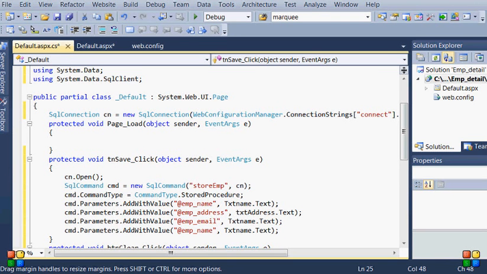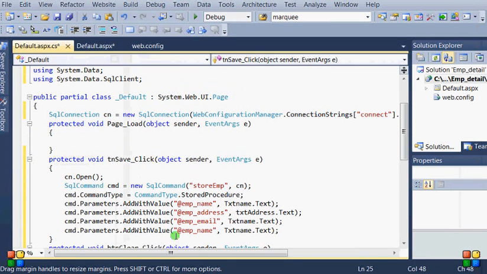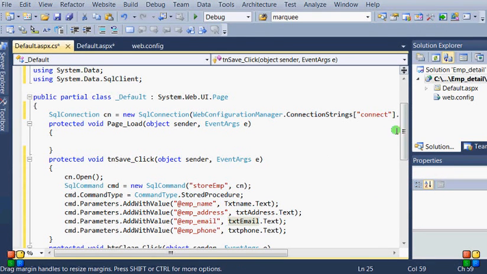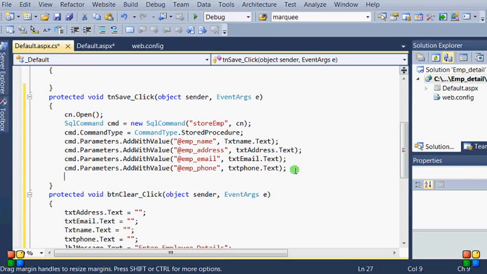We are just going to copy and paste each and everything because everything has its importance. Suppose if any alphabet is missing, it will generate some error. That's why we are removing errors. Text email. So there is no problem when we are using copy and paste.